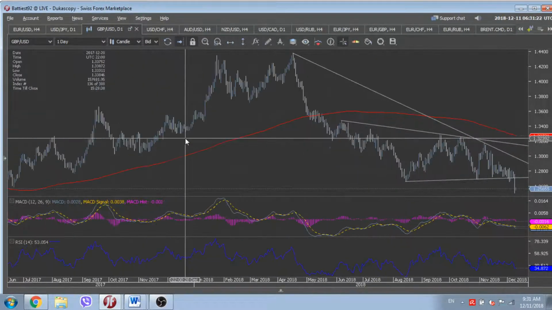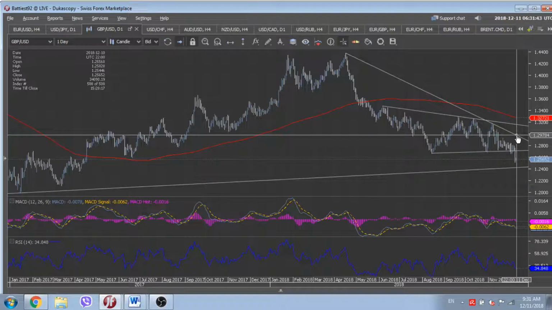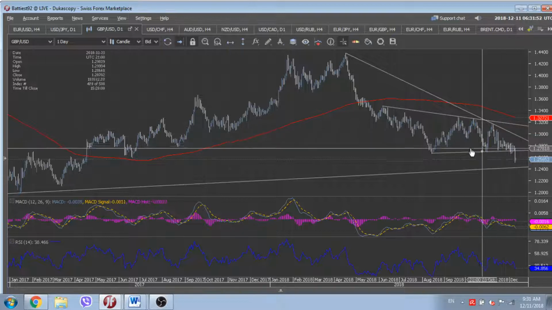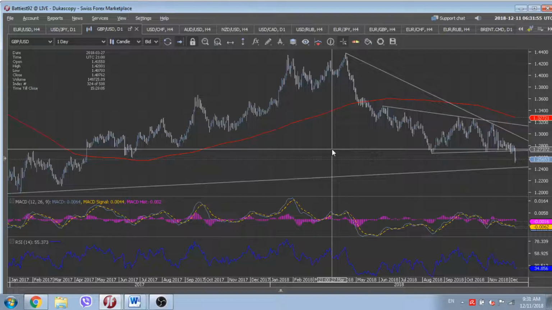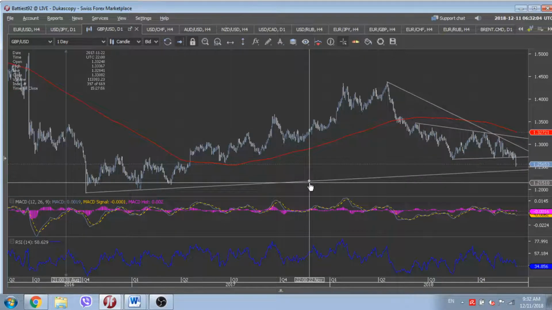And taking into account that we broke below the so-called narrowing triangle pattern, and that we're still trading below the moving average 200 daily line, below the current downtrend line of 2018 that's located around the psychologically important level of 130 at the moment, to be honest, it's waiting around 129.80. Probably it's time for another plunge in the price of the cable, and in that case the levels of